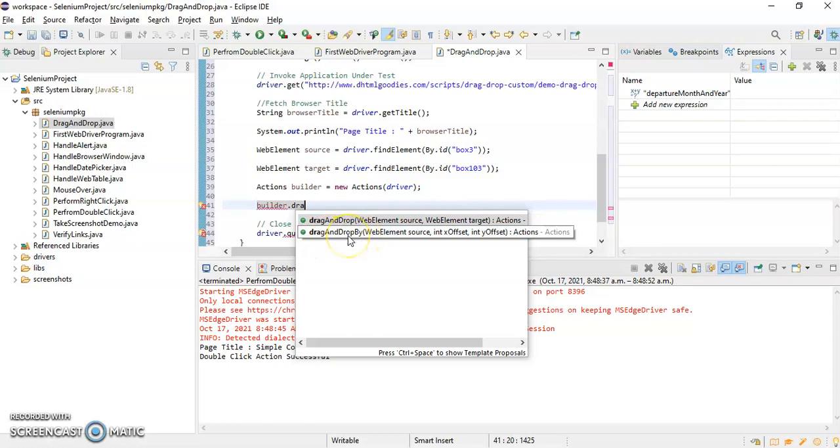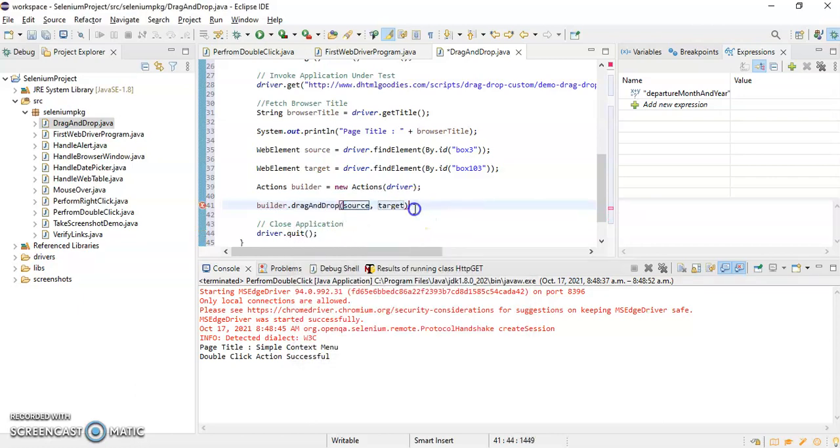In the second method, we have to provide the source and the X and Y offset. Basically here you have to provide the X and Y offset values of the droppable item where you want to drop it. But as I have the known source and target, I can go for the first one.